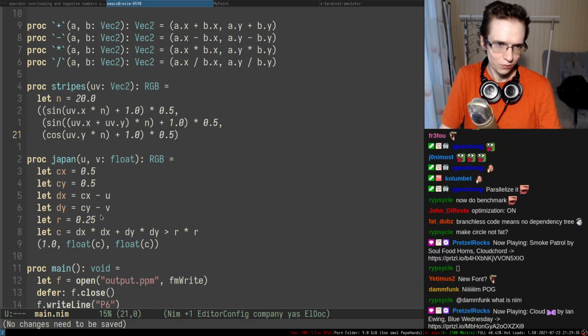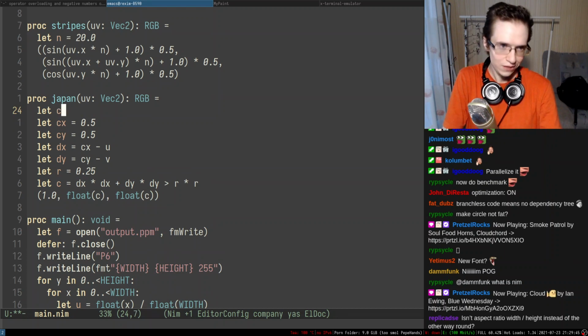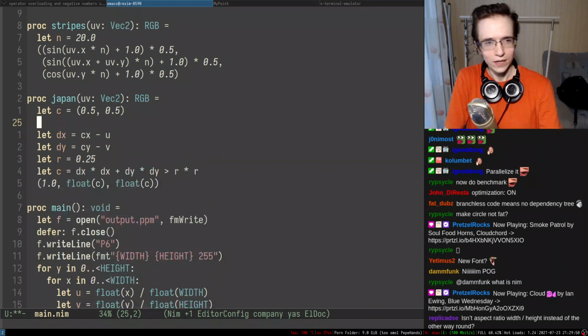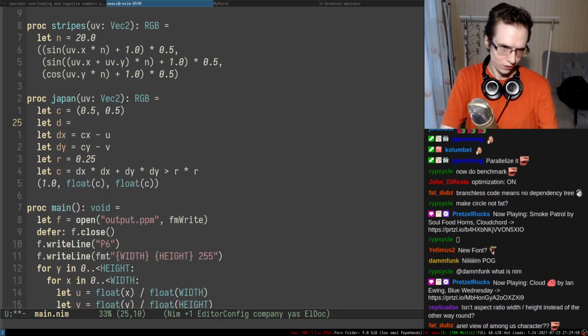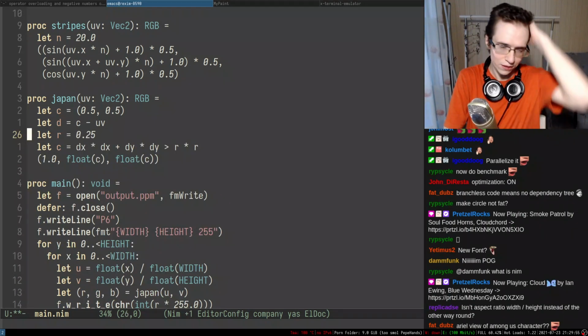There we go. So we accept vec2 and then RGB, and here we accept vec2. Because of that, we can have a center, which is effectively half of this thing. And then we have D, which is basically center minus UV, so we compressed these two things.